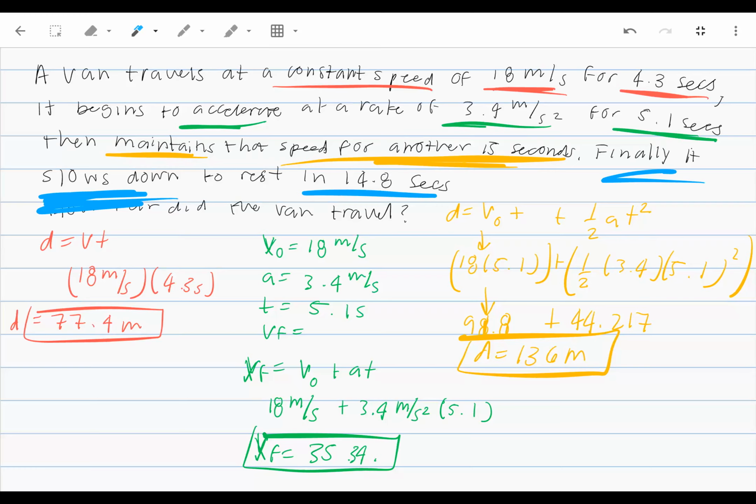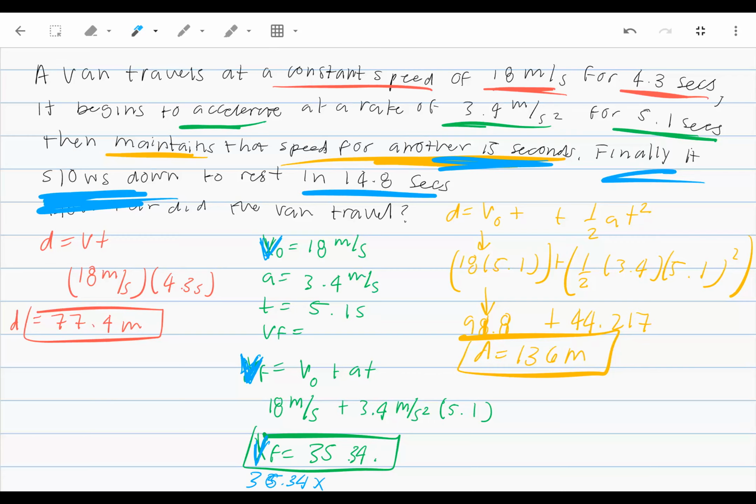So I had said before to change these into x's. Again, my bad, it is 3 a.m. Change them back to velocities because we only found final velocity. And with the final velocity, you're supposed to multiply that by the 15 seconds that were maintained. So you do the quick math of 35.34,